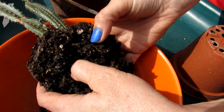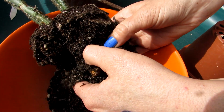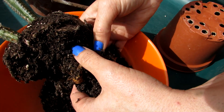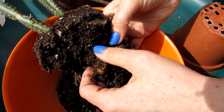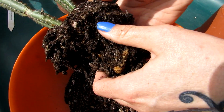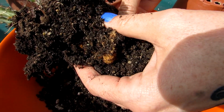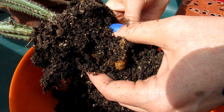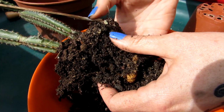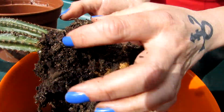As I say, they have very tuberous root systems, Peniocereus. Other types, although they're sort of similar to Cereus, the dragon fruits, and Cereus and the like, these definitely like more of a cactus mix of a soil than the other ones do because of their tuberous roots. And we're very careful here. Don't need to remove too much of the soil, just gently removing it, just so it loosens it up till it acclimatises to the new soil there. And I don't want to disturb that very good, big, juicy root there, and this will have a big tuber